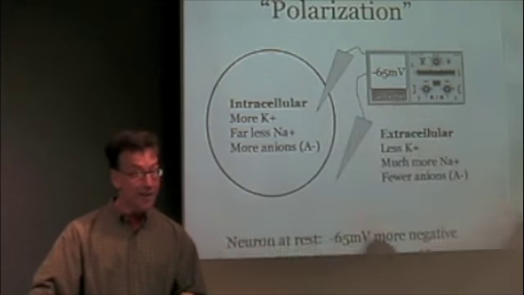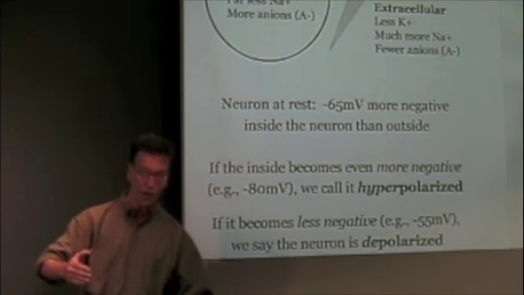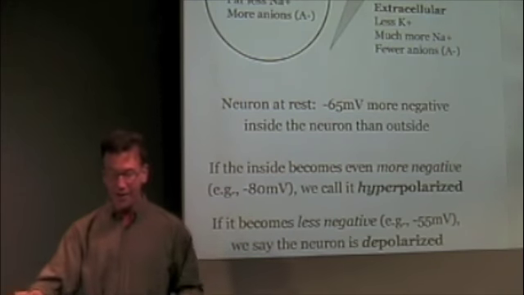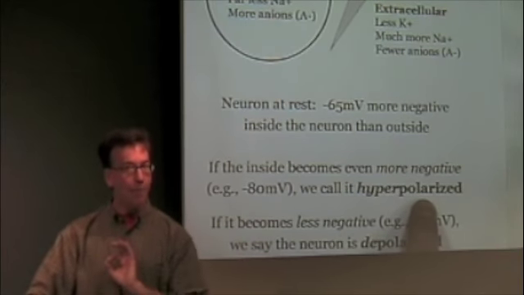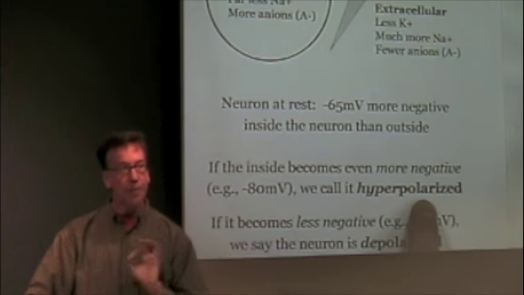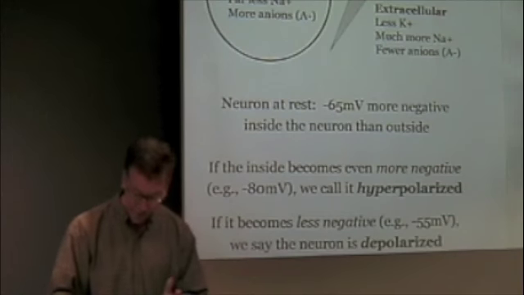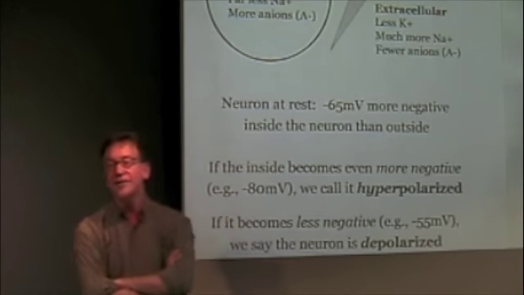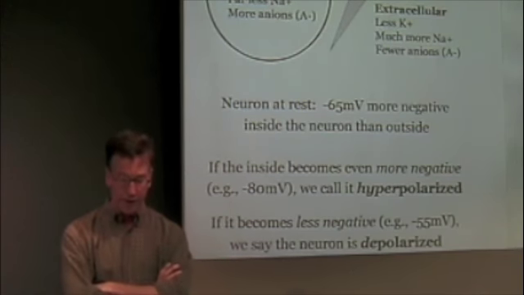If you make it more negative on the inside, you're increasing the level of polarization in terms of charge between the inside and the outside. This we call a neuron that has been hyperpolarized. So hyperpolarized means you're increasing the difference in charge between the inside and the outside. And let's think for a moment about how you could do that, okay? So if you have a neuron,